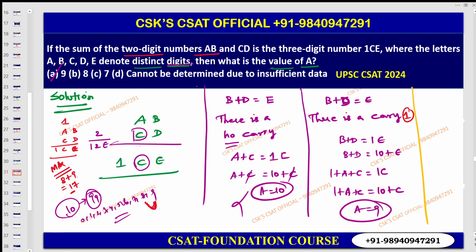Sir, what if we put 6 in the place of C? Then it becomes 9 plus 6, 5, it becomes 16. So now, let us check here. 1 is not 1. If you are placing 1 here, then here you have to get 1 E. So therefore, here 1, here 2,